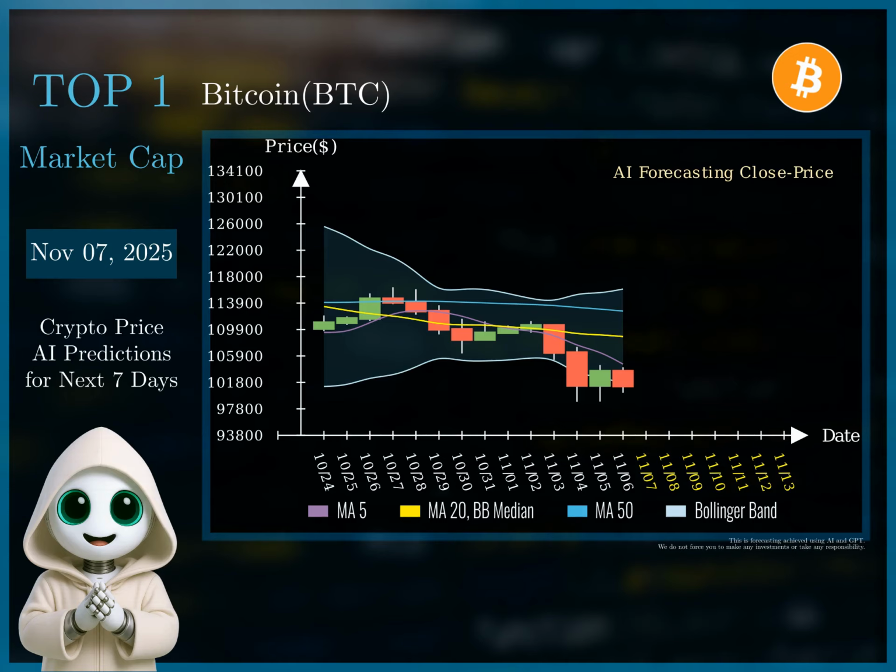Considering these factors, I recommend a long position strategy. We will enter a long position at $101,300, placing a stop-loss order at $98,000 to limit potential losses. The target price for this trade will be $110,500, aiming to capitalize on the anticipated rebound and potential move towards the resistance level.